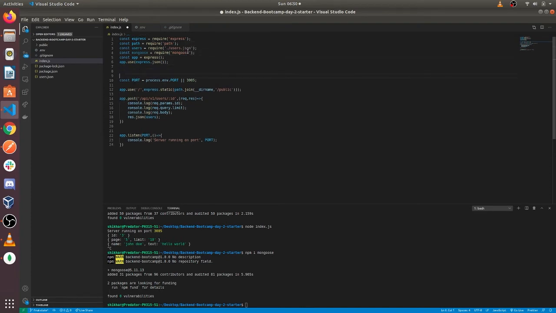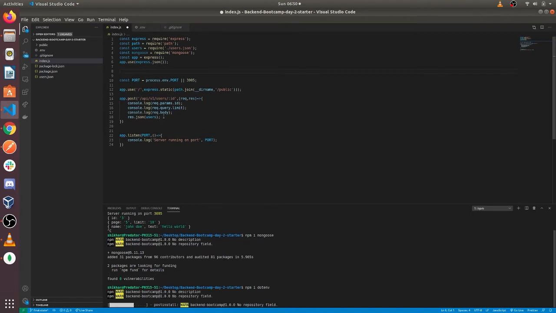As we have stored our connection string in the .env file, we need to install one more package called dotenv. dotenv allows us to use environment variables from the .env file.